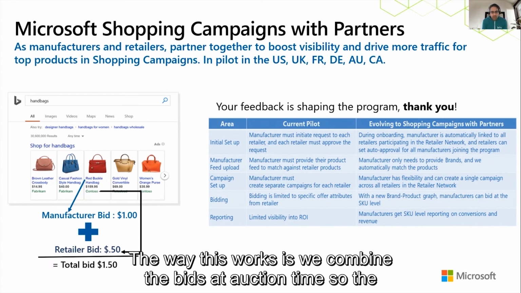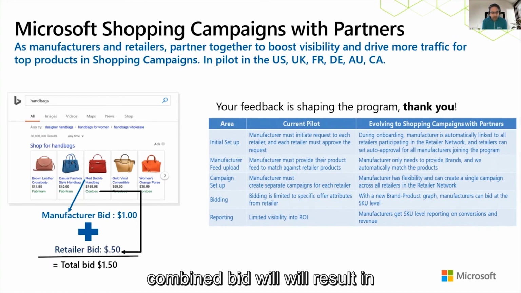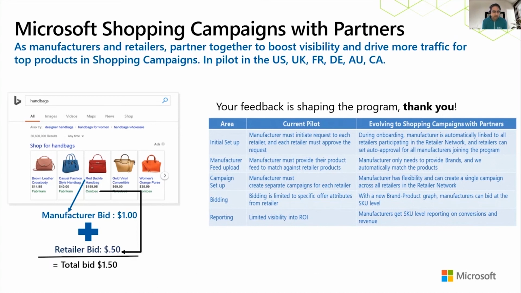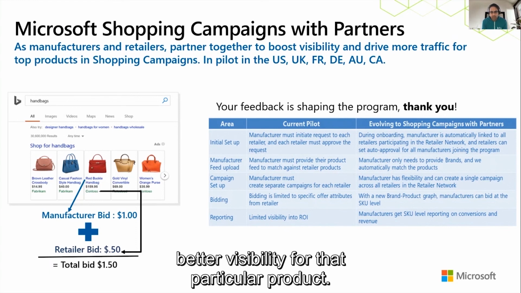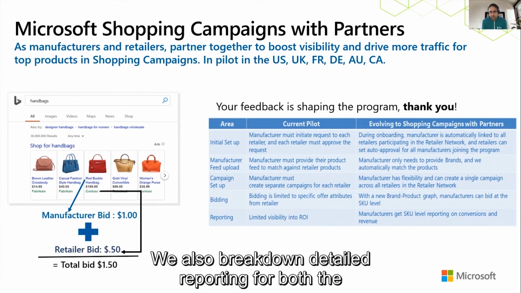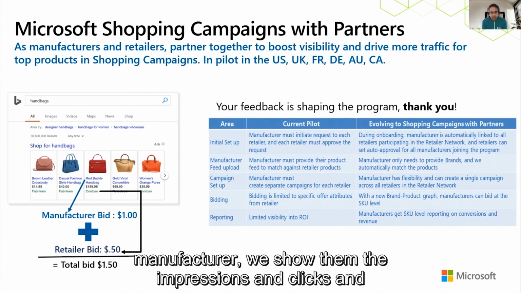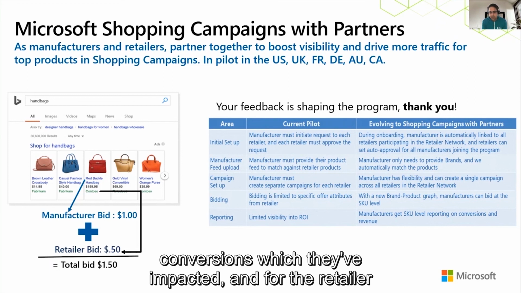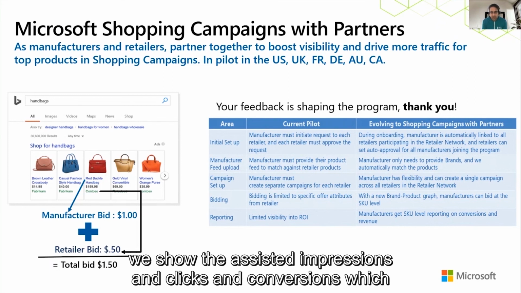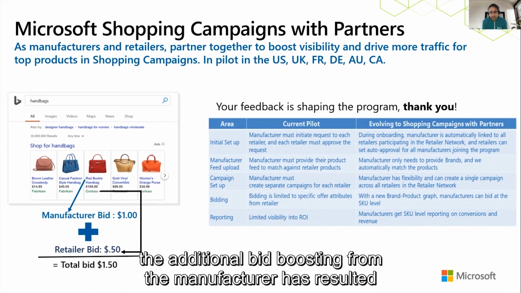The way this works is we combine the bids at auction time. So the combined bid will result in better visibility for that particular product. We also break down detailed reporting for both the manufacturer and retailer on the back of this. For the manufacturer, we show them the impressions and clicks and conversions which they've impacted. And for the retailer, we show the assisted impressions and clicks and conversions which the additional bid boosting from the